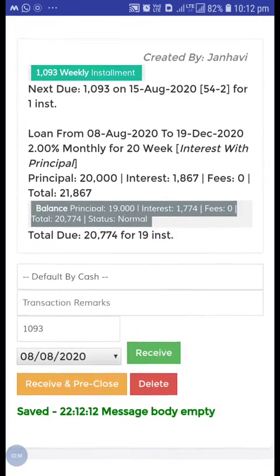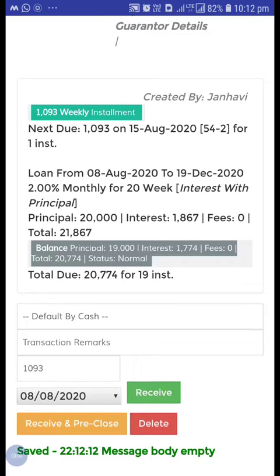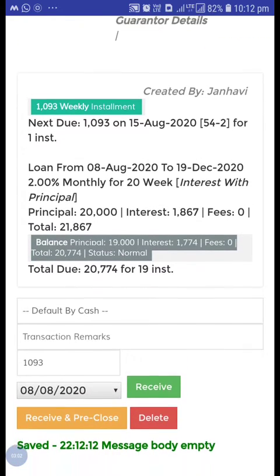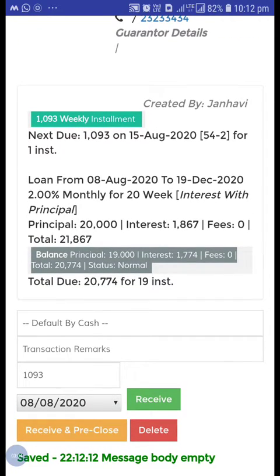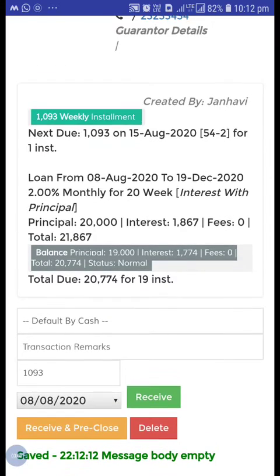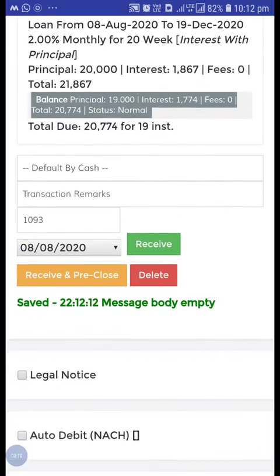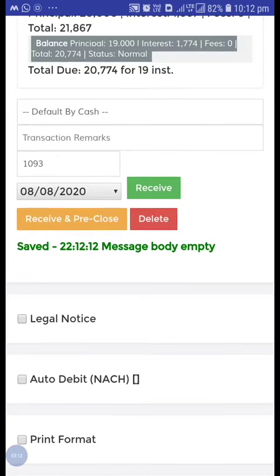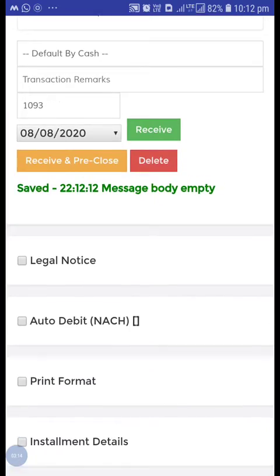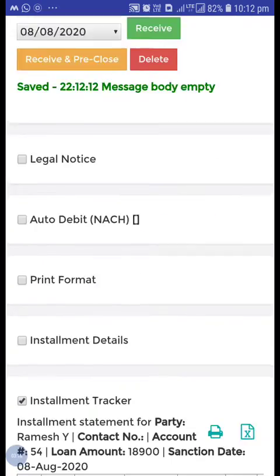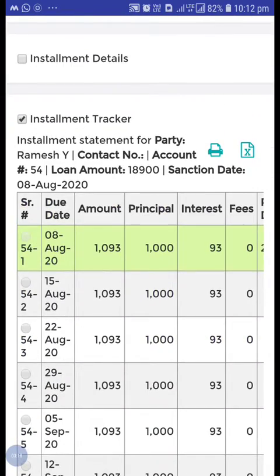So after that, in this situation, the bad debt is a receivable that is now irrecoverable from the person, that's the borrower. The capital is given to the borrower, but he is not able to pay. So in this case, that is declared as a bad debt. So what we can do,